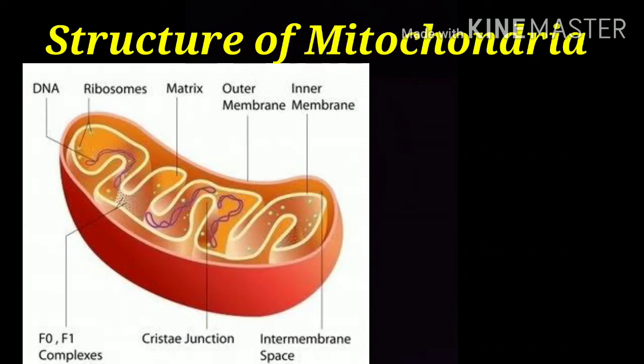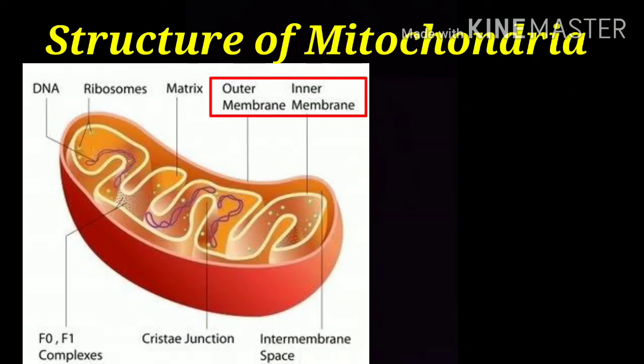Mitochondrial membranes. It consists of two membranes called inner and outer membrane. Each membrane is 60 to 70 Angstrom thick. Outer mitochondrial membrane is smooth and freely permeable to most small molecules. It contains enzymes, proteins, and lipids. It has porin molecules, that is, proteins, which form channels for passage of molecules through it.